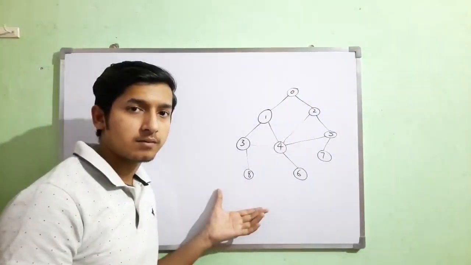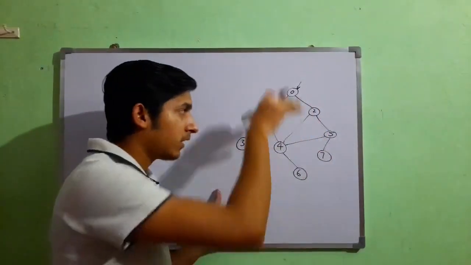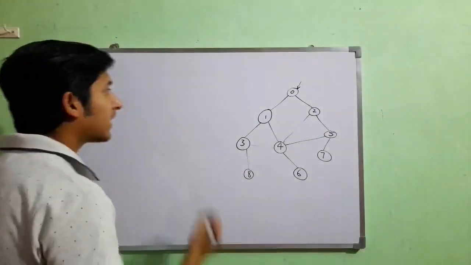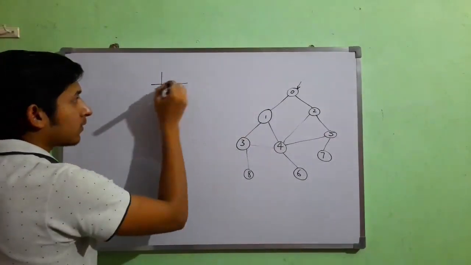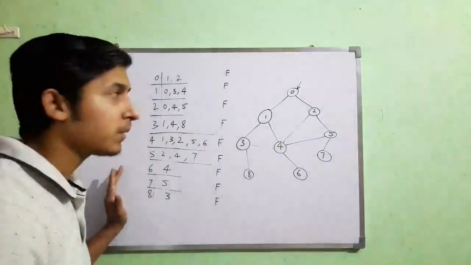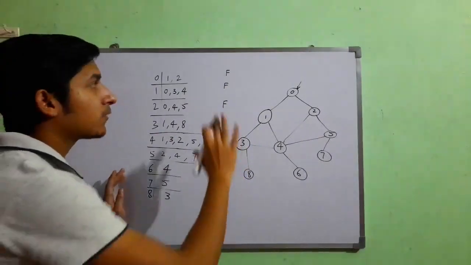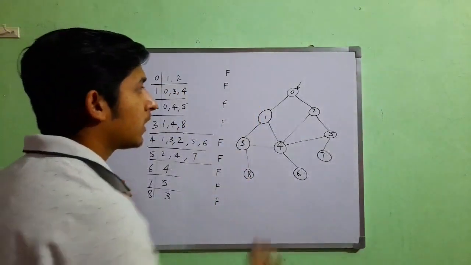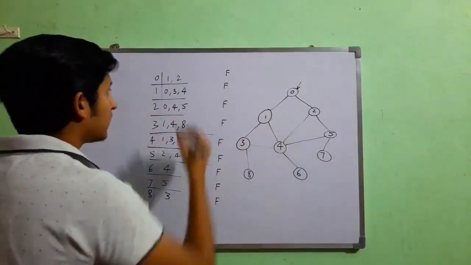Now I'll make a graph. So now I have this graph and I am to start from this node and traverse through it completely with depth first search. So I'll make a list first, and I'll make you understand why we make this. Here is the visited list. I have not visited any node by now, so all are false.